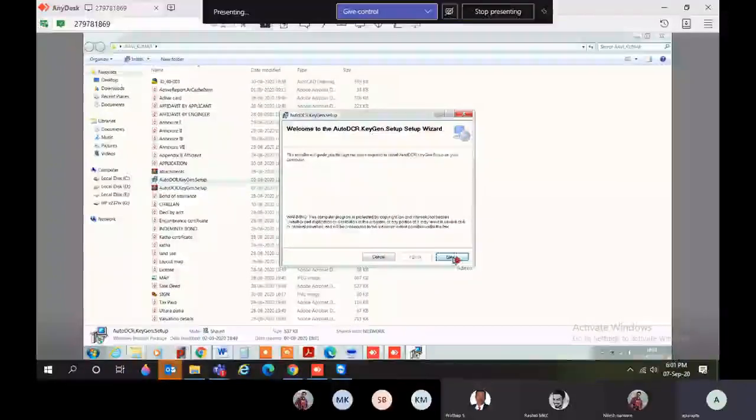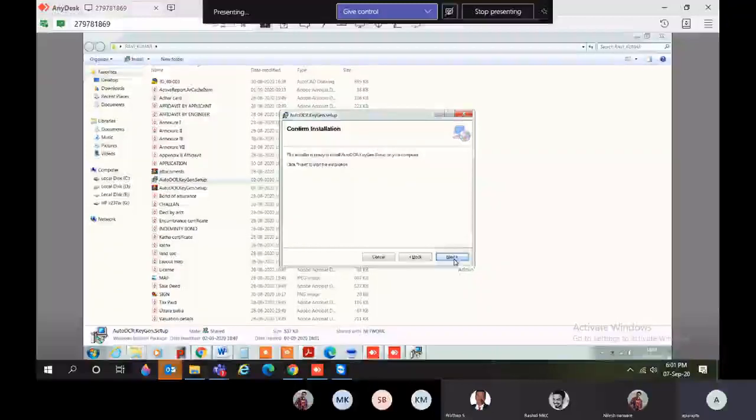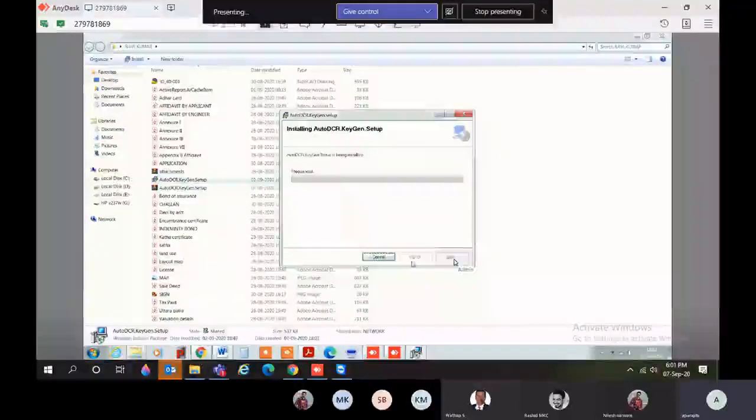Install this key by double click. Select everyone. Then click on next button, again next.